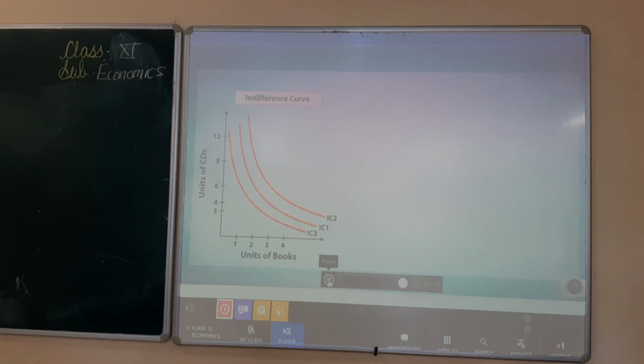Various indifference curves for the same set of products form an indifference map. Here, you will derive higher satisfaction from the higher curve, since you will get more books and CDs in total, and lower satisfaction from the lower curve, since you will get fewer books and CDs on the whole. If you are like most rational consumers, you will prefer any of the bundles on the higher curves rather than those on the lower curves, and your preferences will be described as monotonic preferences, which in simple terms means more is better than less.